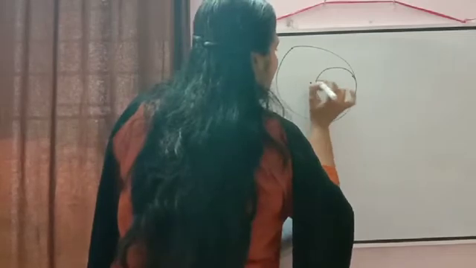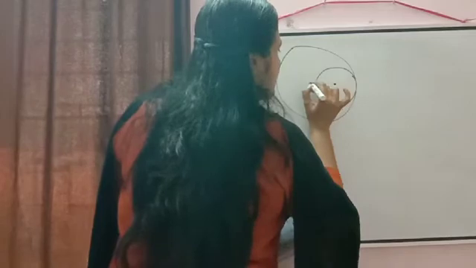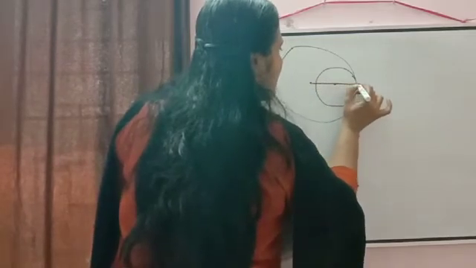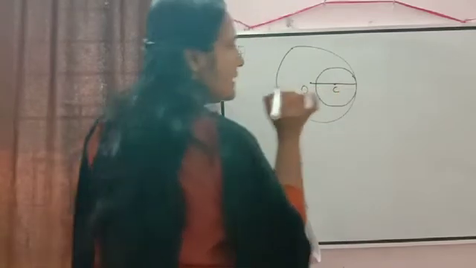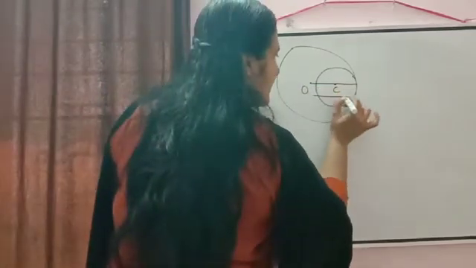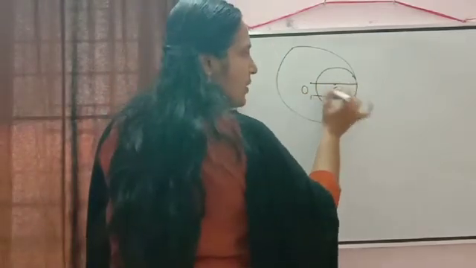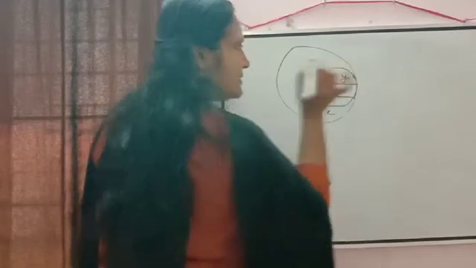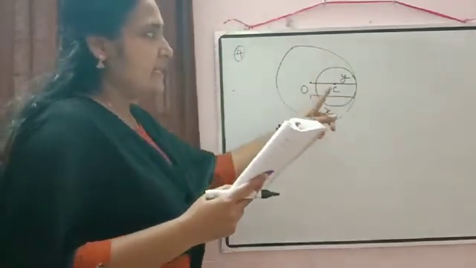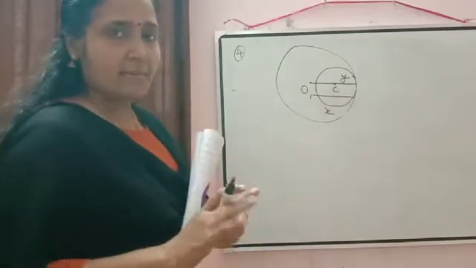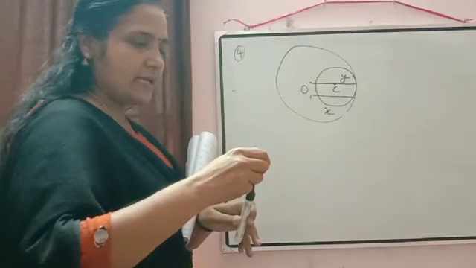So here I am taking the radius of this one. This will be the radius of the bigger one, so that I am taking as x. This is O, this one is C. So here the total radius I have taken as x, and the radius of this smaller circle again I am taking as y. So in this way the diagram will come, two circles touch internally. So they are touching in the interior. Diagram is clear to you?